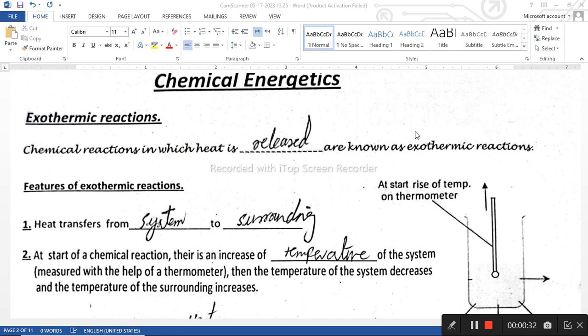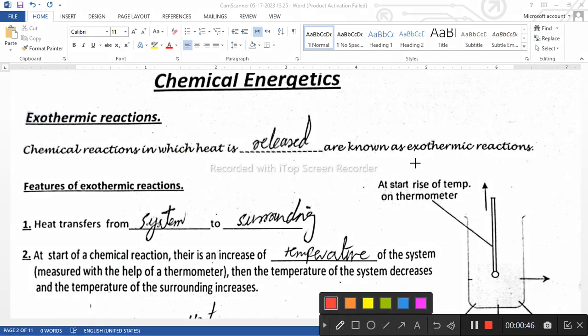So chemical reactions in which heat is released are known as exothermic reactions. कि भाई जिन reactions के अंदर हमारे पास heat produce होती है वो हमारे पास क्या होती हैं, exothermic reactions. Okay, और इसी तरह हम देख लेते हैं कि exothermic का मतलब क्या है. Exo means out and therm means heat. Okay, so